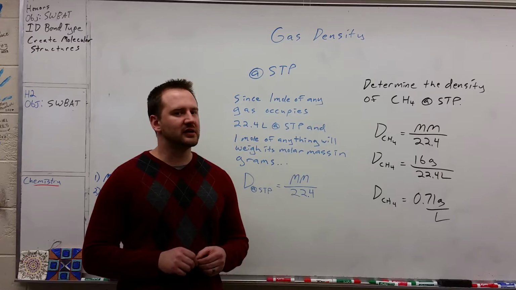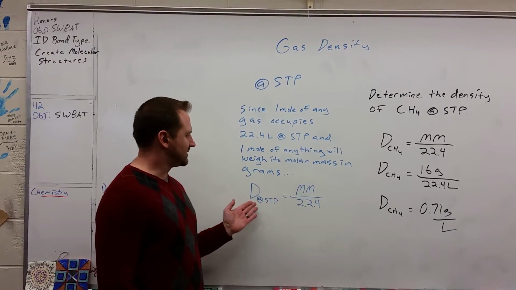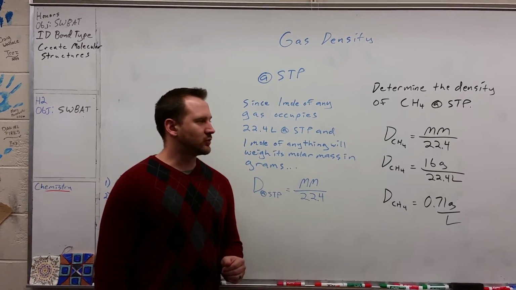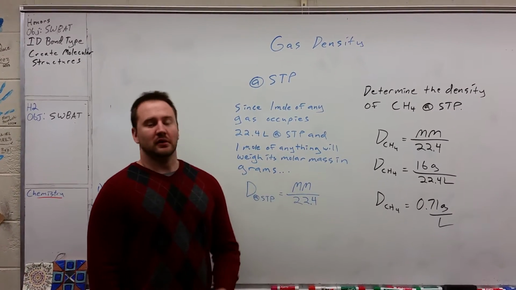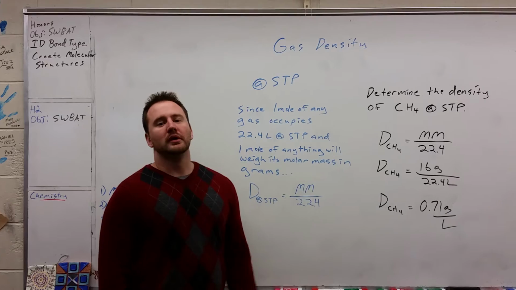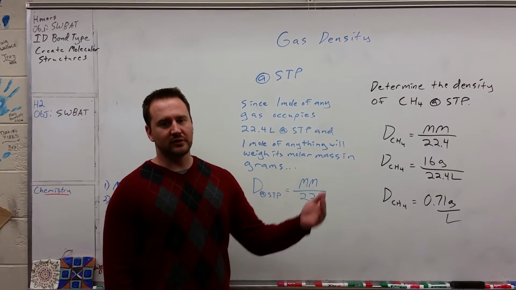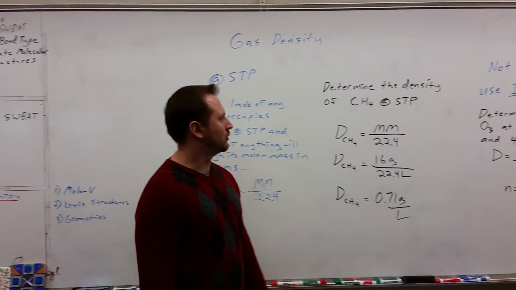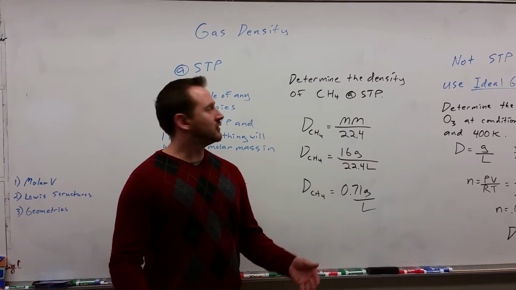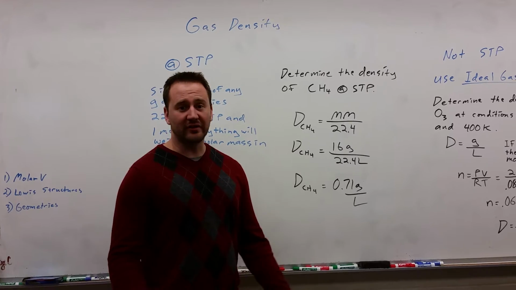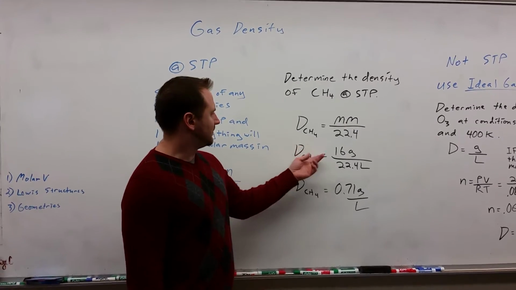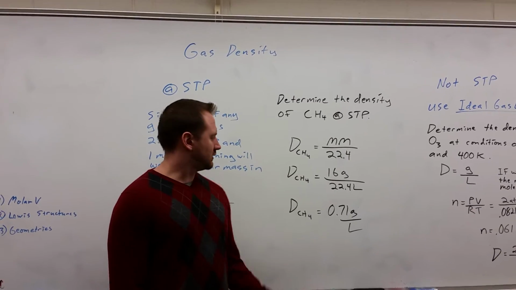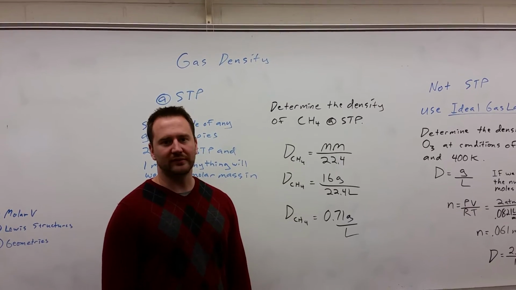weigh its molar mass in grams, we can simplify the density equation, which is grams per liter, to the molar mass divided by 22.4. And that's because molar mass is grams per mole, and molar volume would be liters per mole, and the moles would cancel out, and you'd have the molar mass divided by 22.4 liters. So all we would have to do if we were calculating the density for, say, methane at STP is divide the molar mass, which is 16, by 22.4, and we'd see that the density of methane is 0.71 grams per